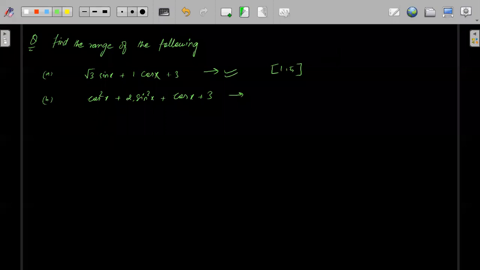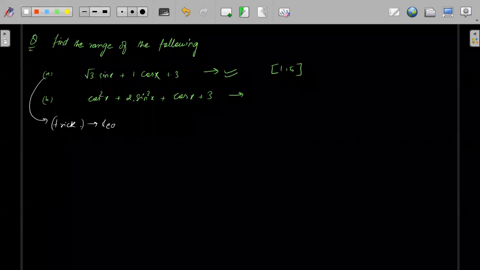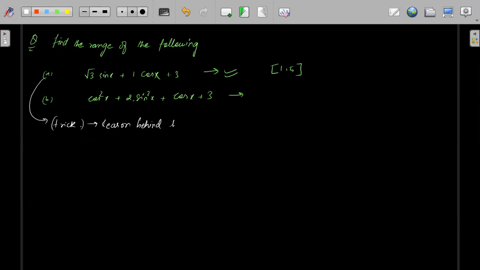Okay, let's solve the second question also. First question is very simple. Samhita, this is the trick which I have told you thousand times till now. Last class also I have told. Now again I have solved one question, and again I am solving this question. This is the trick, and I have told you the background. What is the reason behind this trick?